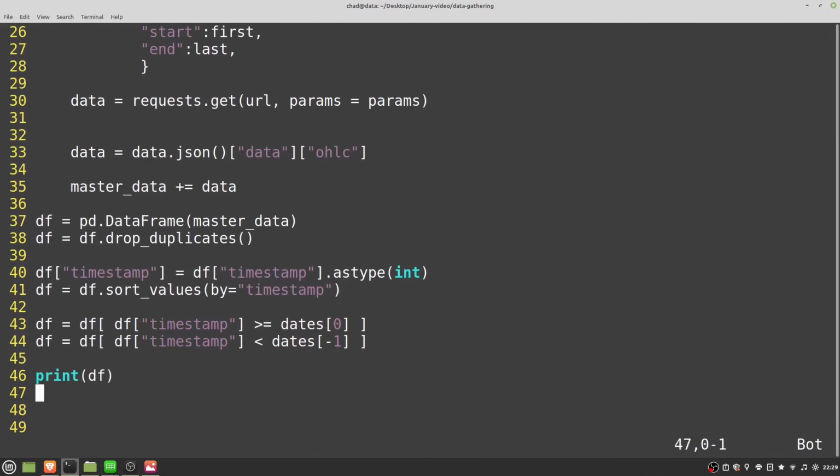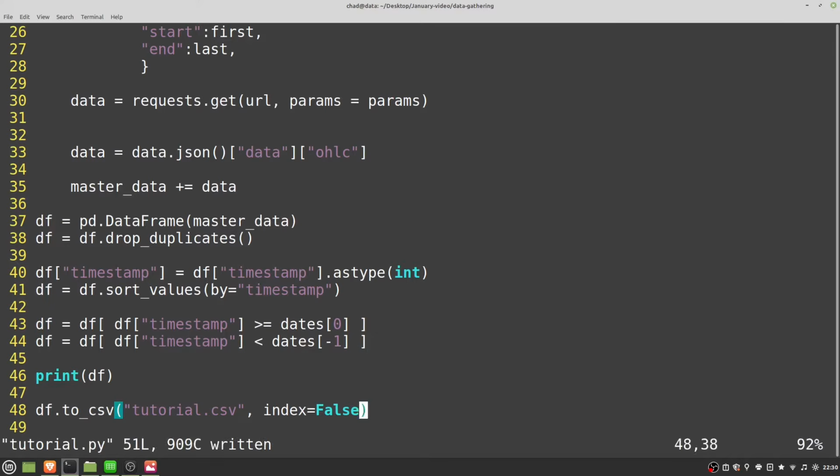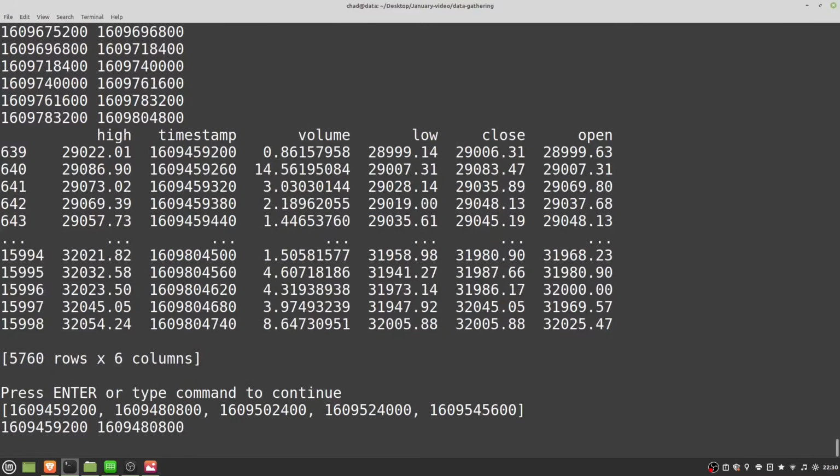So if I go down here, we just do df.to_csv, then the name of the file that you want to save it down as. So I'll call mine tutorial.csv. And then I usually use index equals false. You can try it with or without. It basically just gets rid of the numbers on the side, so the row numbers. That's all that option does. So if I run this,